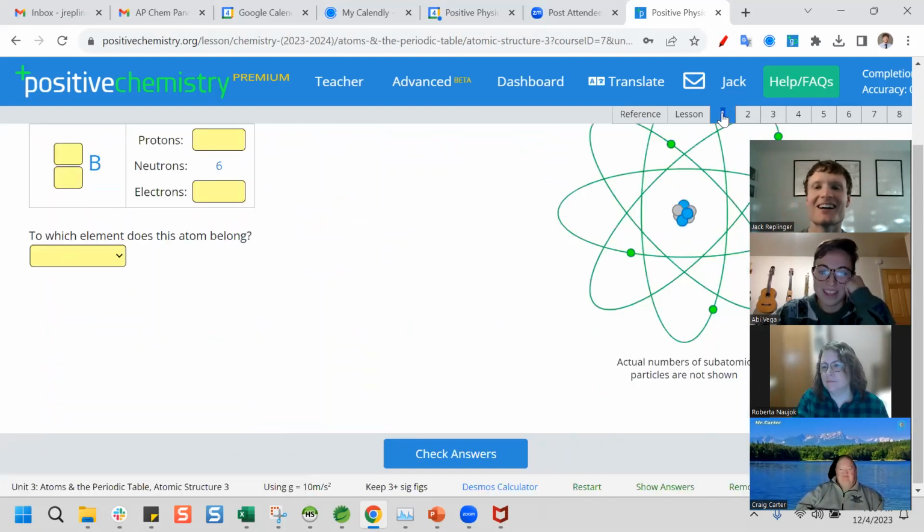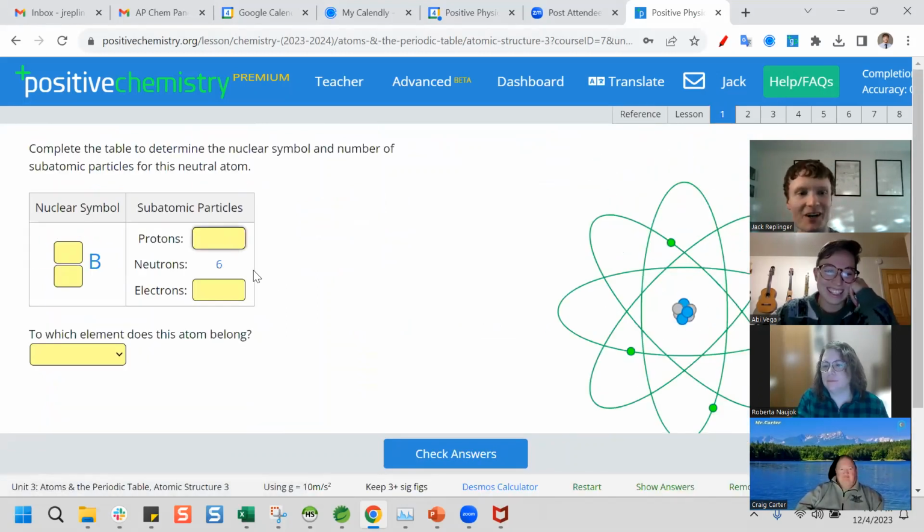I can try it. All right. So I know that boron should have 5 protons. By the way, anything that is in blue is a randomized value. So each student is going to have a different value here. So it's great. In my classroom, they would share strategies with each other instead of just sharing